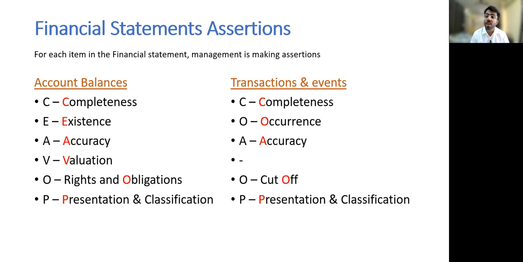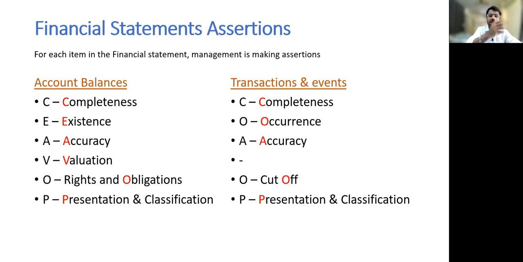Completeness. What do you check in completeness? Every transaction that has occurred, whether that has been completely recorded or not. Basically, if you have, let's say, 150 sales invoices during the month, you are checking one particular month, and in that month there were 150 sales invoices, whether all of those 150 sales have been recorded completely in the books of accounts or not. That is checking for completeness, whether all the transactions and events which have happened have been completely recorded or not.